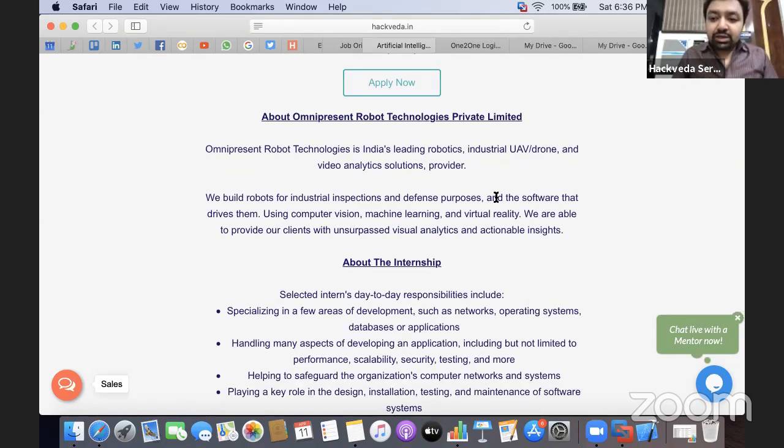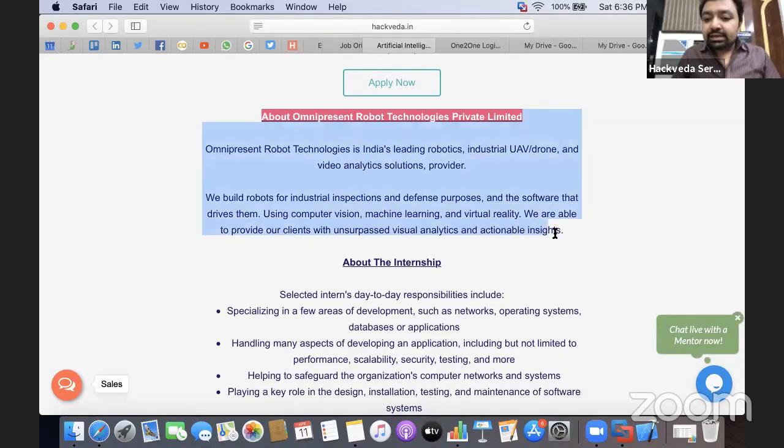Now what they are doing, this is something very important. Whenever a company shares their job profile or any requirement, initially they tell us about the company background. Why is this background important? This background is important because they want to convey this information to the applicant that we are working on this domain, and if you have relevant experience working in the domain in which we are working, then we will be